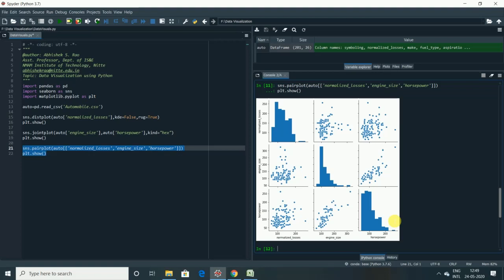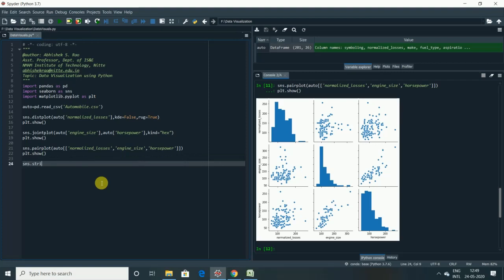Right? Now we'll see how to create a 2D plot with one variable as categorical and another as continuous. As of now, we have taken both variables as continuous. Now we'll see one as categorical and the other as a continuous variable. In order to start, we will draw the strip plot. Okay, so let us execute the strip plot.